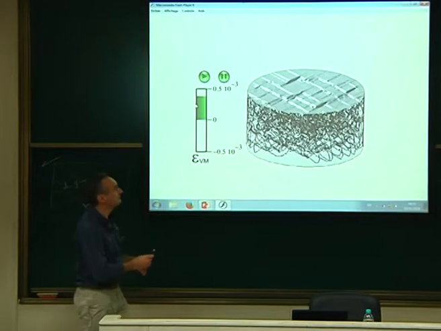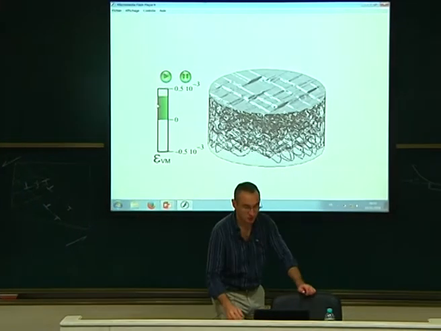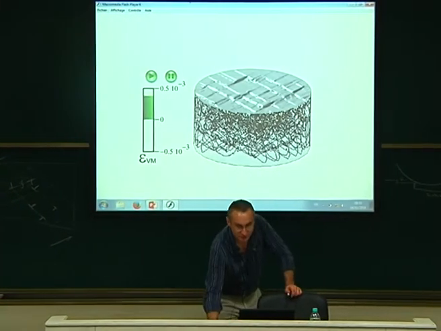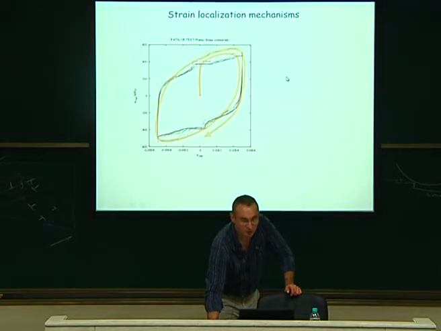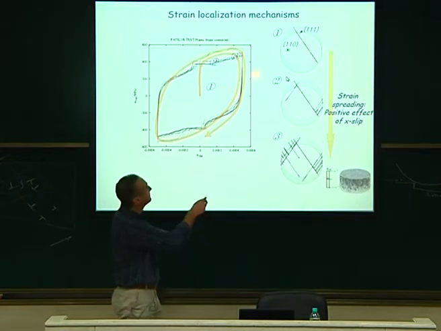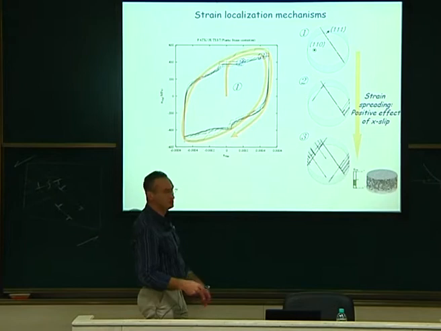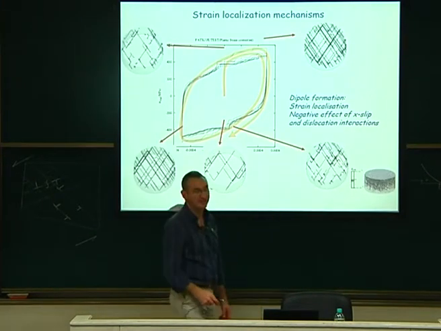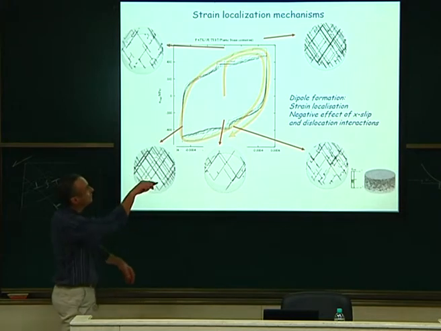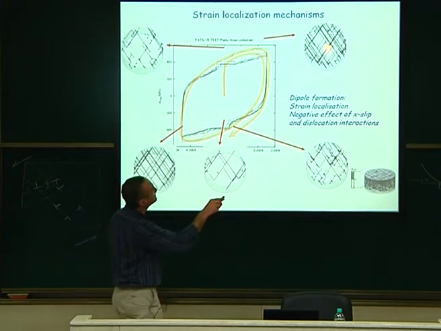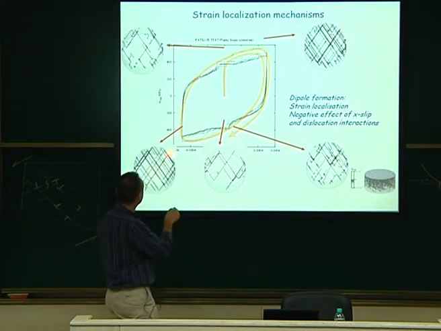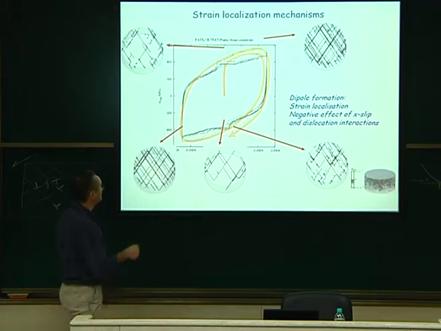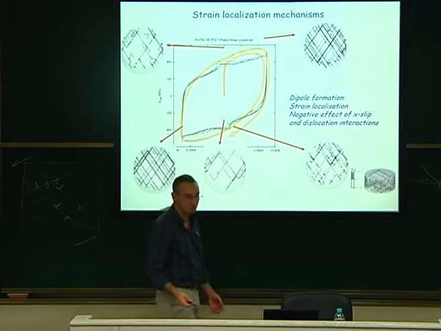So you can see that the code can do that quite nicely. The conclusion from that is that initially you have cross-slip, which is spreading the plasticity, which is very good. It's homogeneous plasticity. But then you have a negative effect of that. If you look along the Burgers vector, you clearly see some bands with a given thickness like this, which develop where the plasticity is localized. So this is not good for the material.